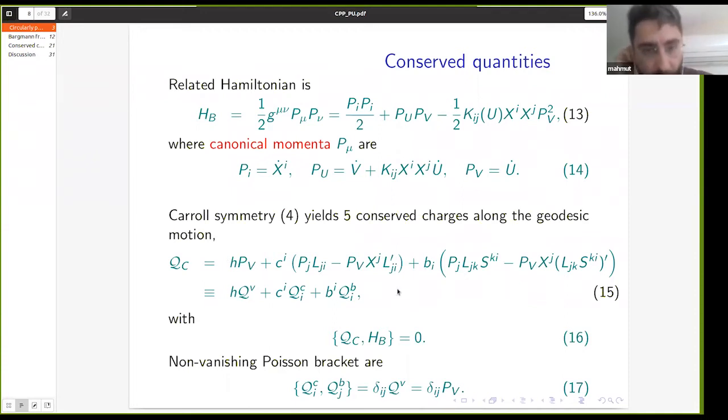this geodesic motion. Of course, as they are conserved, the Poisson bracket of these conserved charges with the Hamiltonian is vanishing, and the algebra of these charges exactly gives you the Carroll algebra. For instance, these are the Carroll translations and these are Carroll boosts. If you take the Poisson bracket of these translations and boosts, you end up with V translations. And this is the Carroll algebra. So far, if you have any questions,